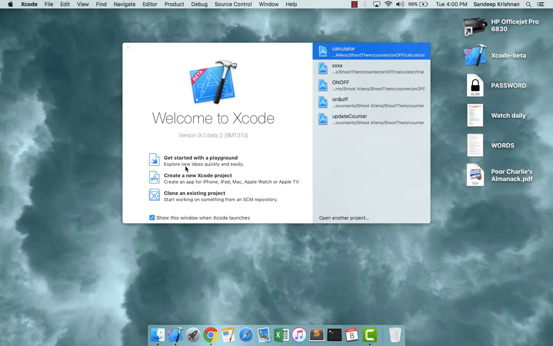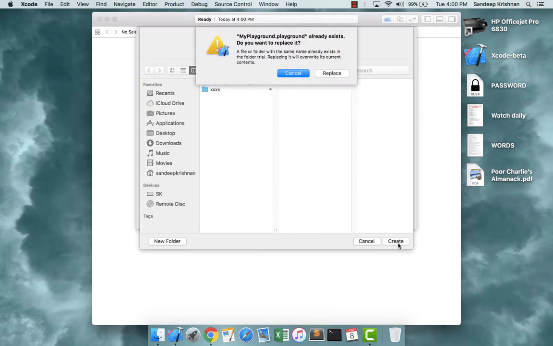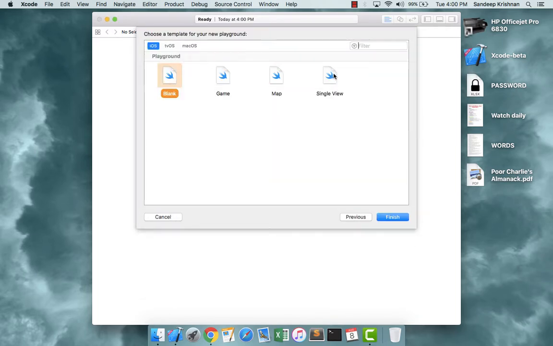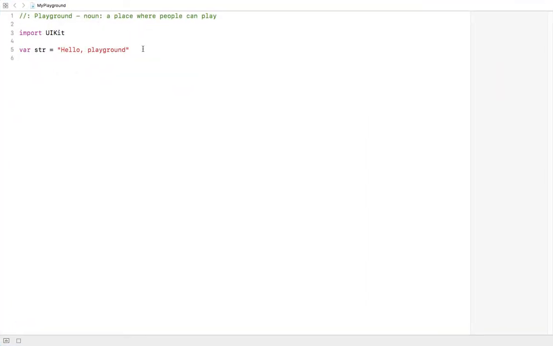So let's try playing with the if statement today. I'm going to open a blank Xcode, and I'm going to open a playground here. And what I'm going to do is type some if statements, and let's see if it works out. The if statement is really useful while programming, and this is the most basic of the if statements I will use. And further to this, I'll also try to put in a switch case, which is very similar to